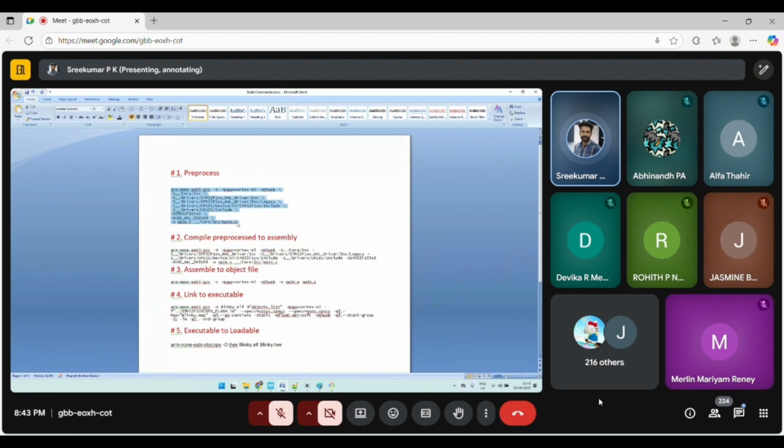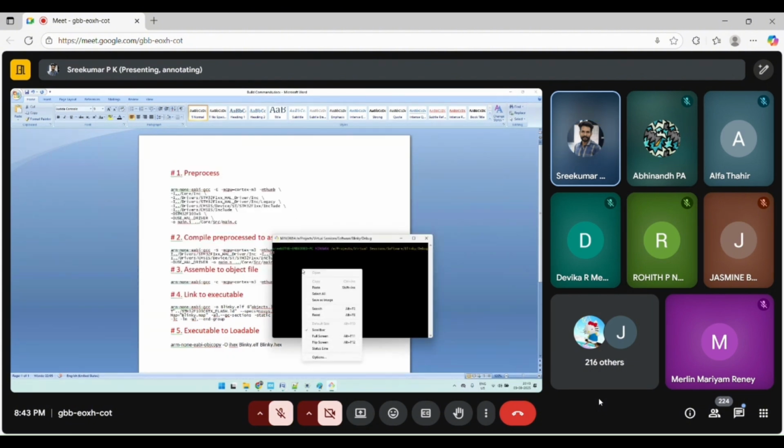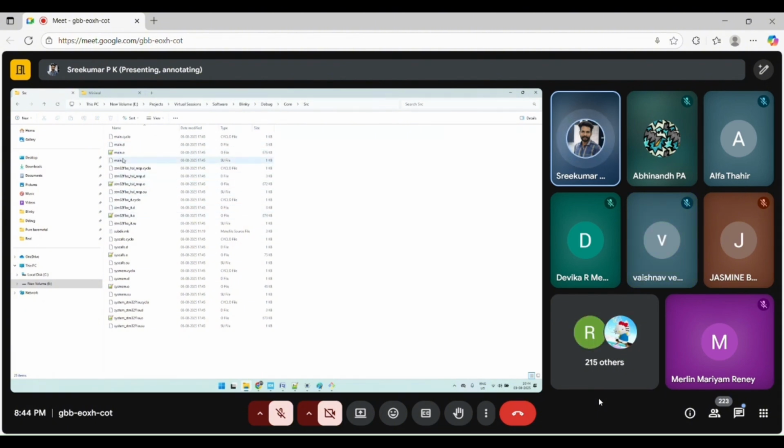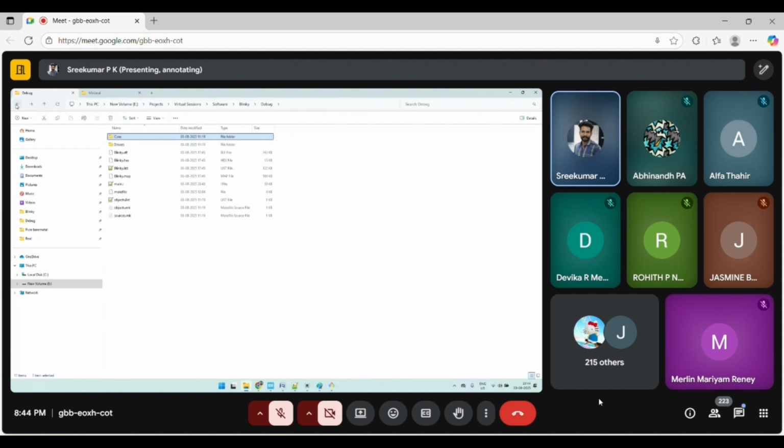You can see this command, if I put it here and execute, it created one main.i. I have a main.c file inside the core, inside the src, somewhere I have it. Okay, so it created a main.i.